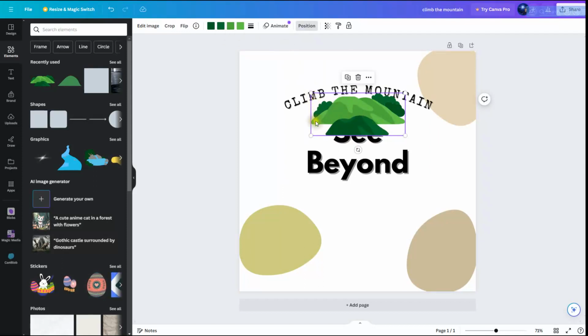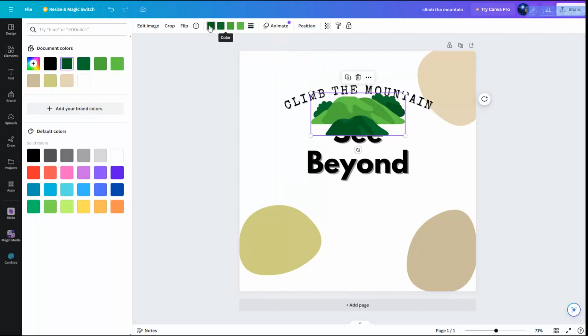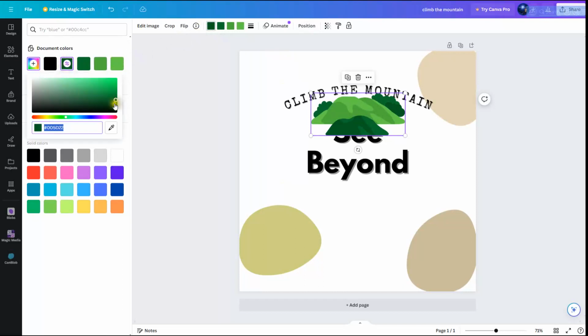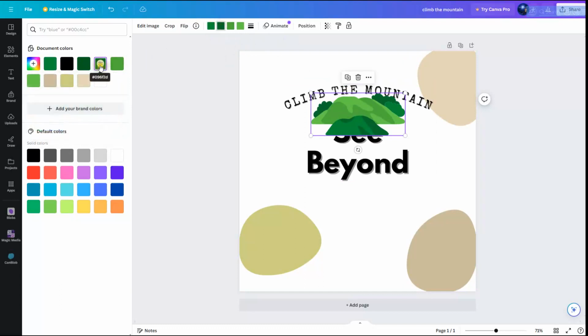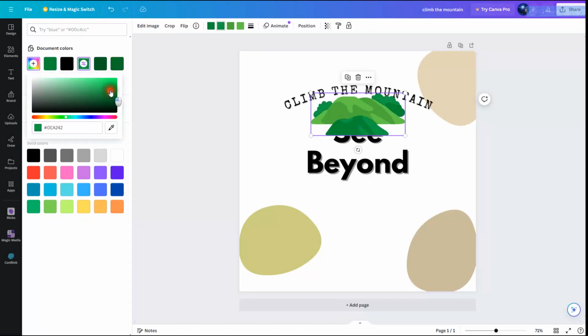If you notice that my clip art is highlighted, and as long as it's highlighted, I have these colors. These are the colors that are being used within that clip art. So maybe I didn't want such dark colors being used. So I can click on the dark green, and I can change it and make it a little bit lighter. There we go. So now my darkest color is a little bit lighter. I can click on the next green there and click over here where it says document colors and bring that up.